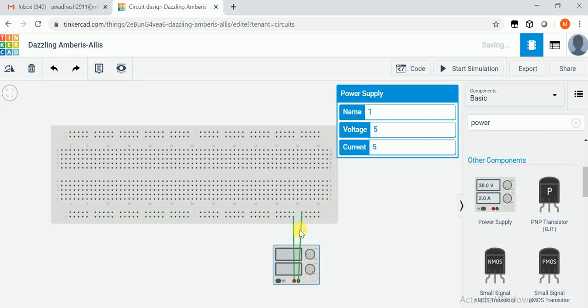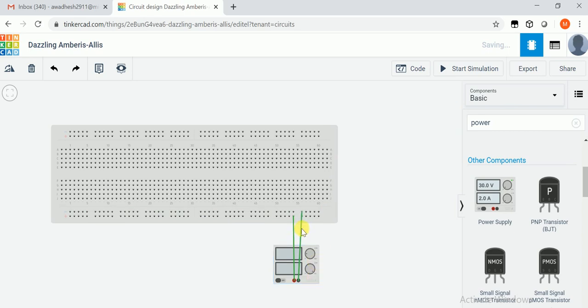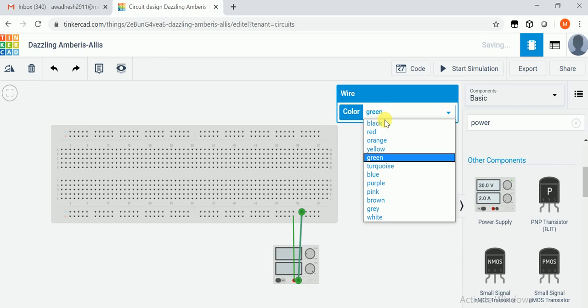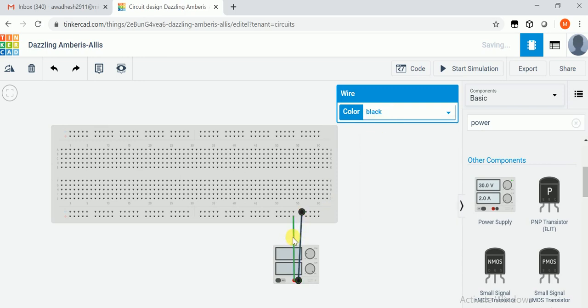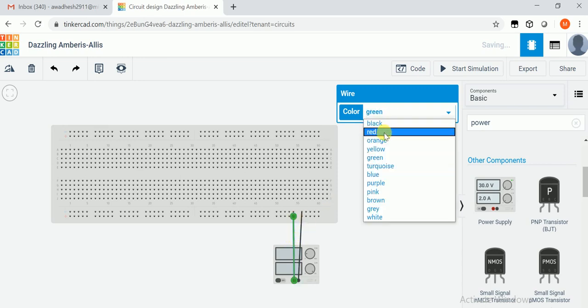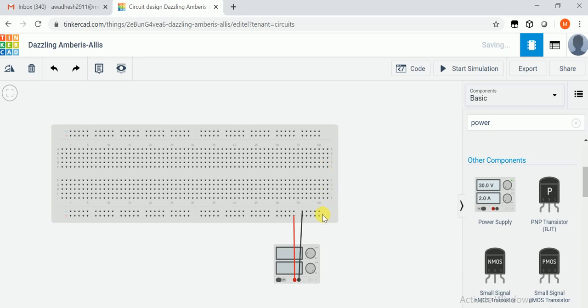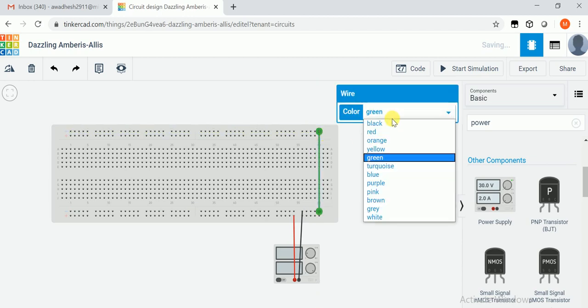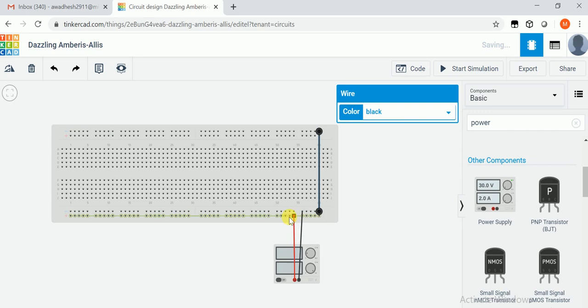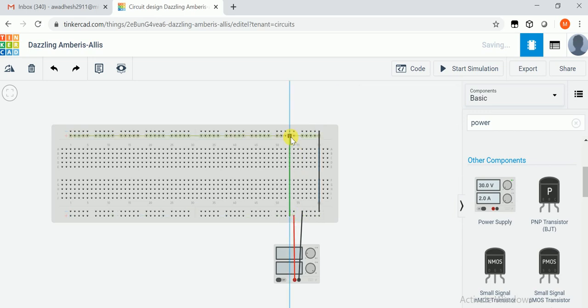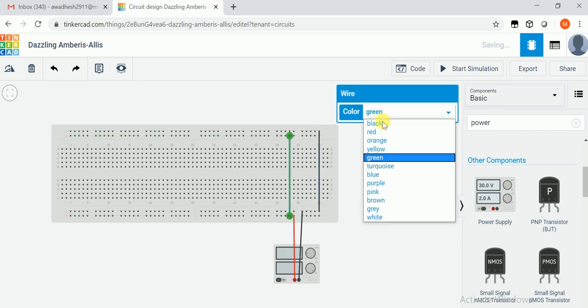This should be black and this should be red. Again this should be connected on another side. Let's make it black and again this should be red.